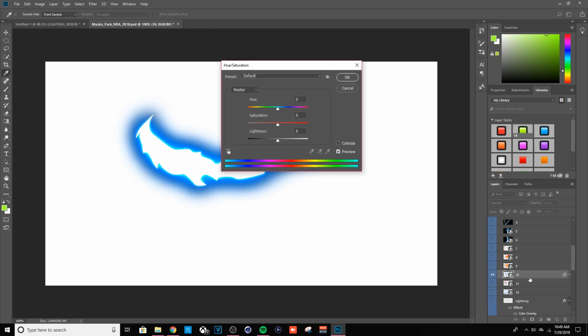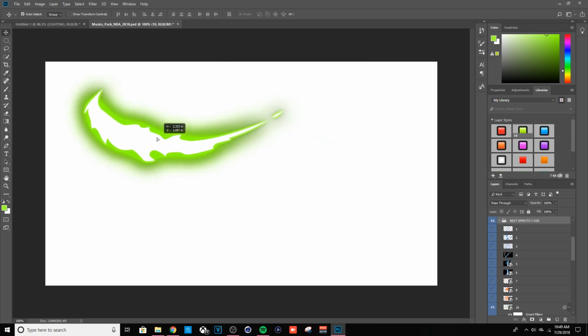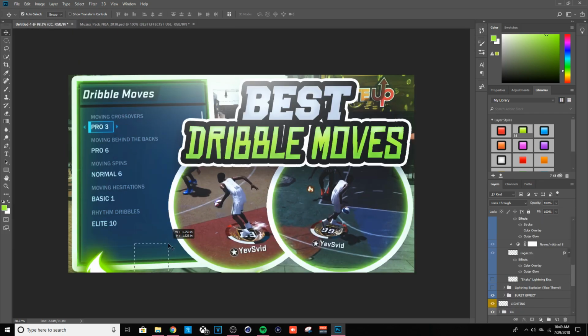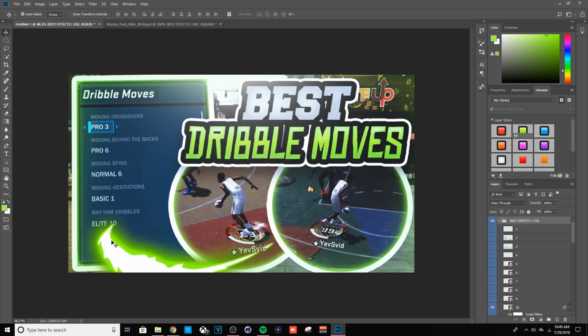I'm going to click Control U on Windows. I don't know what it is on Mac or anything. Control U and just turn the saturation up and change it to green. Now as you can see with the effect, it looks a lot better. I accidentally grabbed the whole